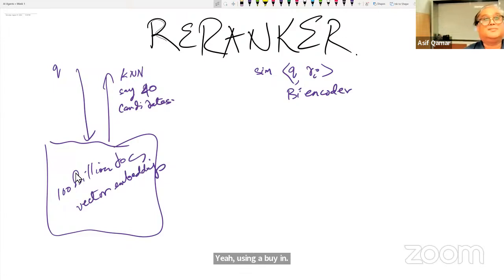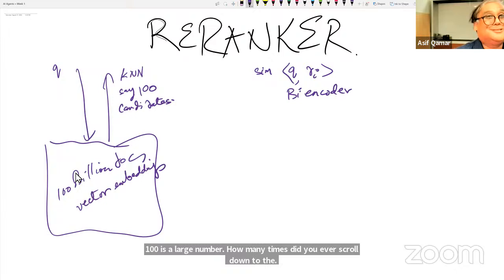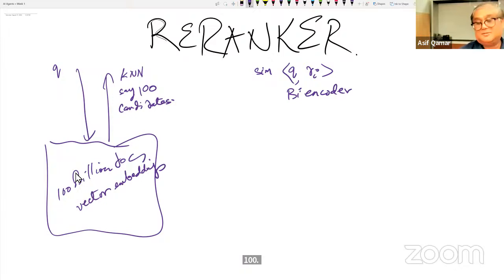Right. Are you together? Even if you got 100 results, see, this vector-based search has to be just good enough to make sure that all the meaningful results are somewhere there in the 100. And 100 is a large number. How many times did you ever scroll down to the 100th Google search result? Right? So you do that, you go to the similarity, because you can trust that you can pass it through